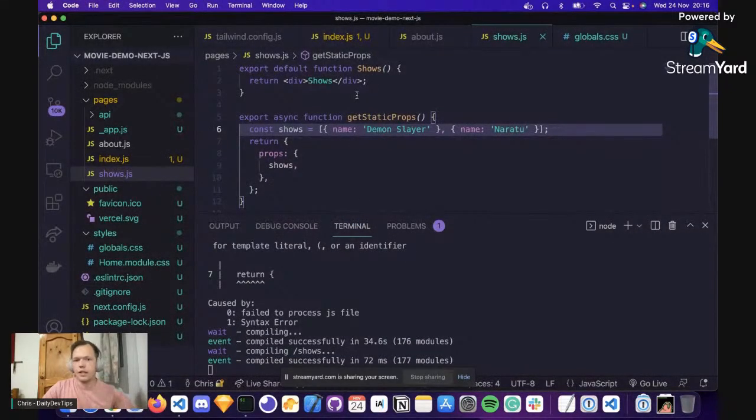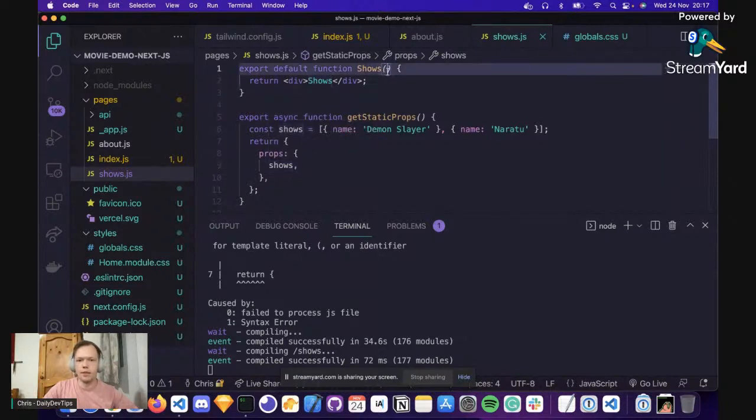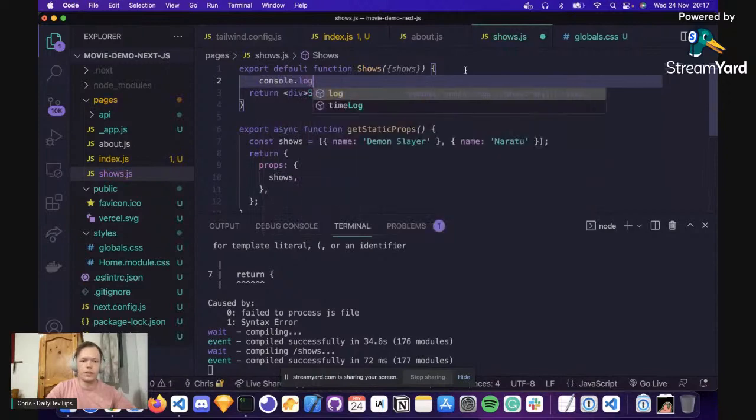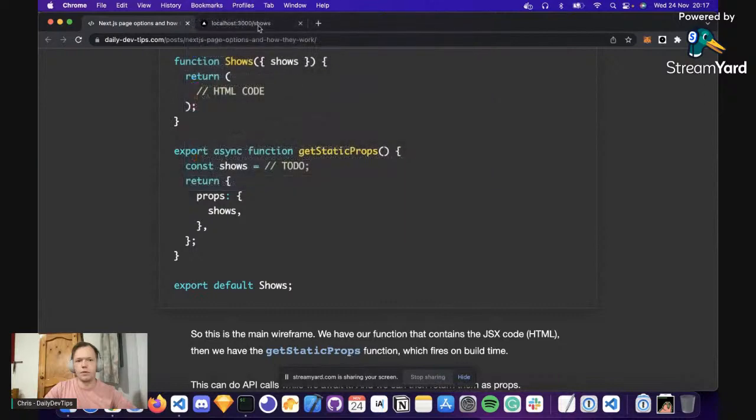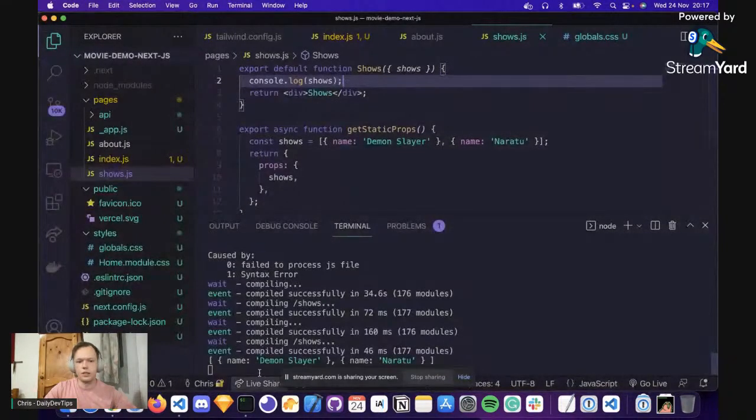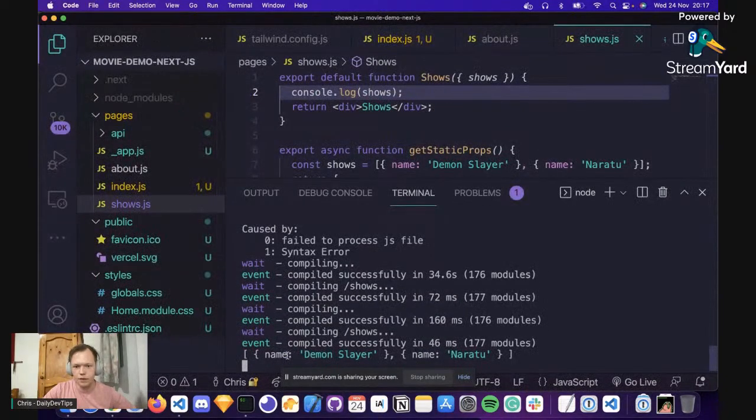That's pretty cool. So basically, we attach the properties to our return element, which makes it available here. So we can now say the shows can be here. And to demo this out, we could potentially do this. And then once you, sorry for that, log it here, we can see in our console, I don't know, this might be a bit tiny for you. You can see at the bottom here, it logged the array we had,